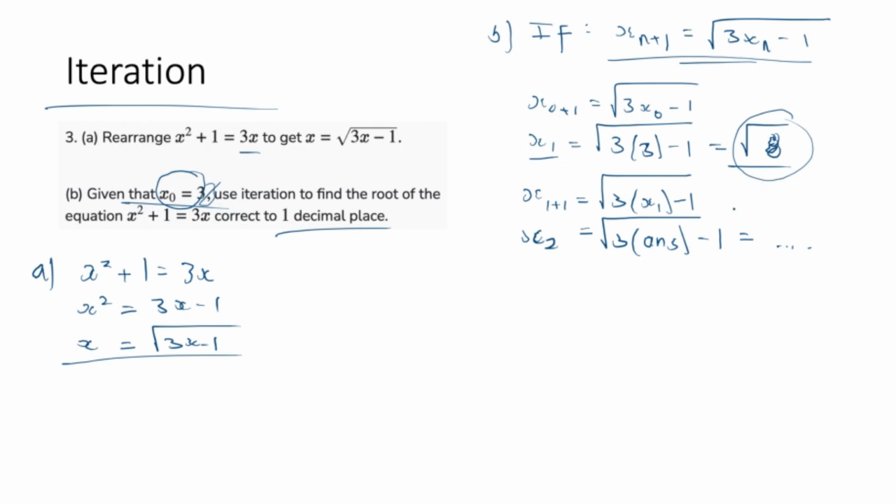In this case, the last answer is the square root of 8. Now when we find the next answer, that will load up as the last answer. So you can actually keep pressing ans to get the next term: x3 and then x4 and then x5. If I plug this into a calculator, I will get